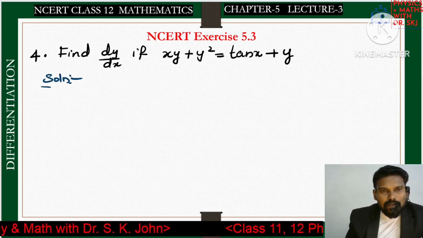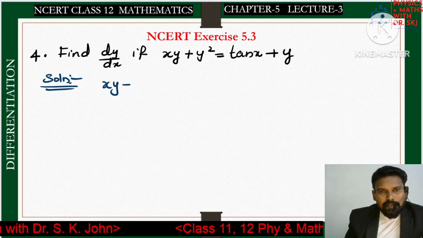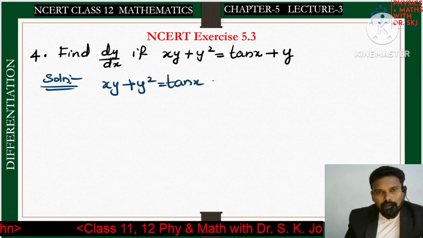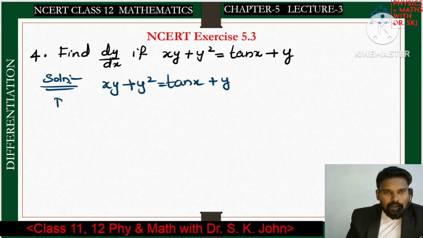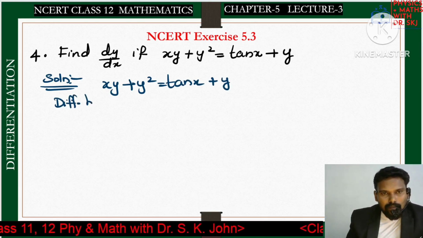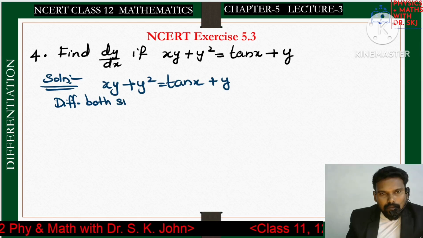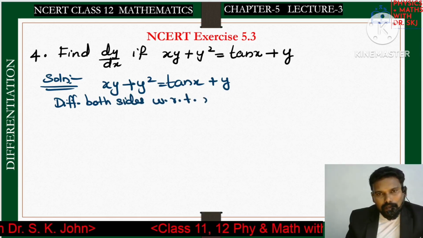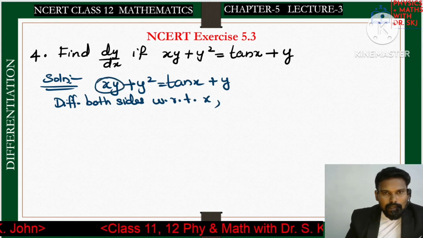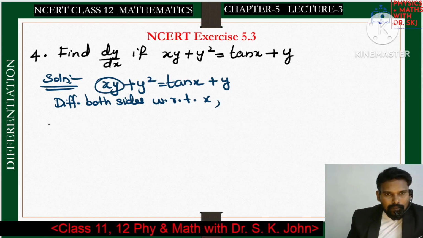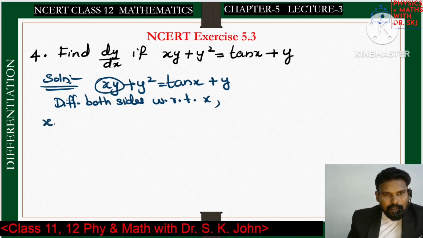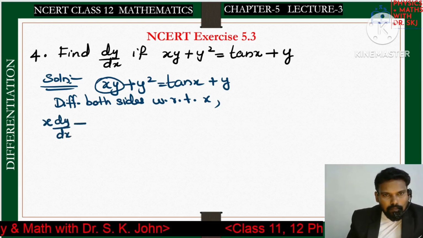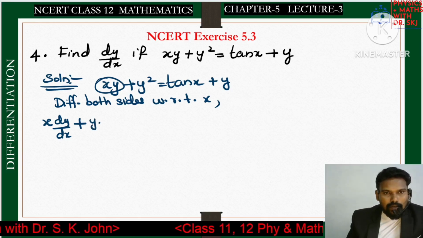We are going to solve this question. The given implicit relation is xy plus y square is equal to tan x plus y. Now differentiating both sides of the above equation with respect to x. Here this is a product, so you have to use the product rule. x times the derivative of y is dy by dx, first function into derivative of second, plus second function y into derivative of first, which is 1,